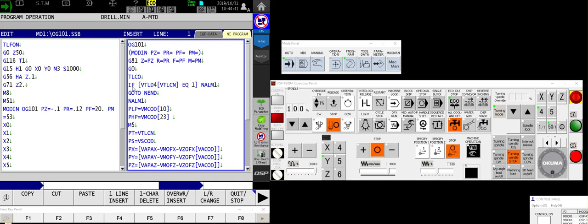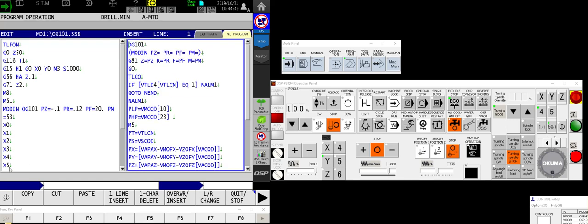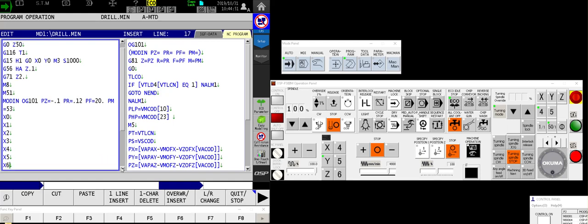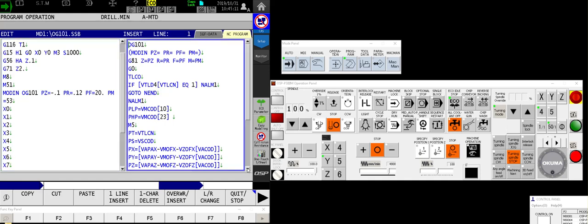Continue on with that until enough holes have been made to expire the tool. Now I know that this will make 5 holes, so after the 5th hole it will then expire the tool, and after it drills that, it says if VTLD, if my tool life management is expired, go to N ALM1. This time it's going to skip around the go-to statement to the sequence number, and now I'm going to set